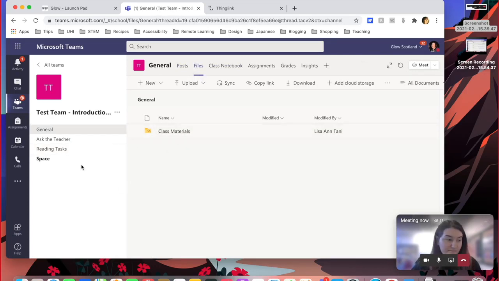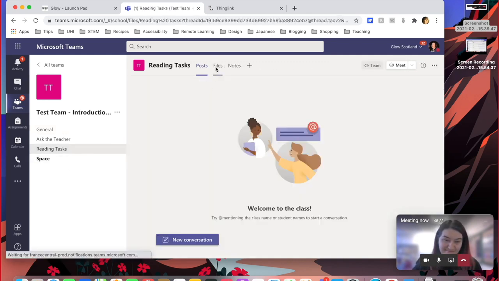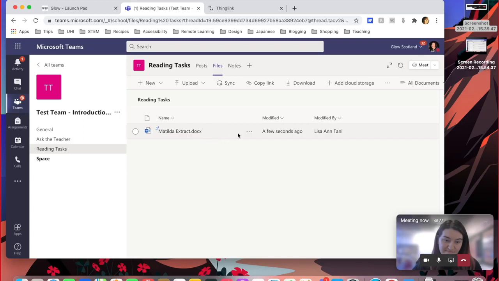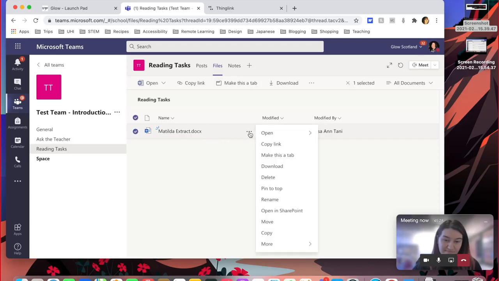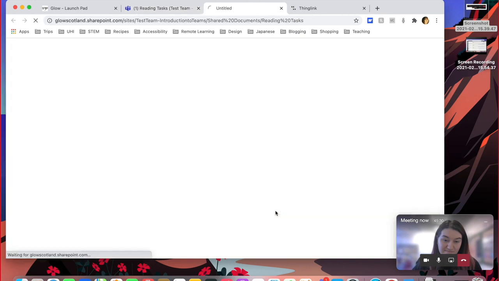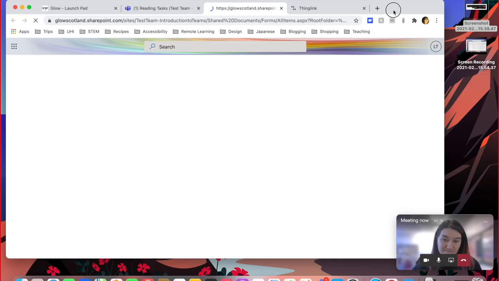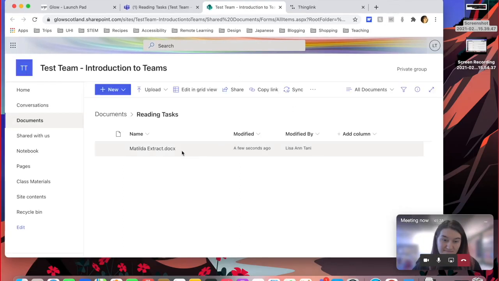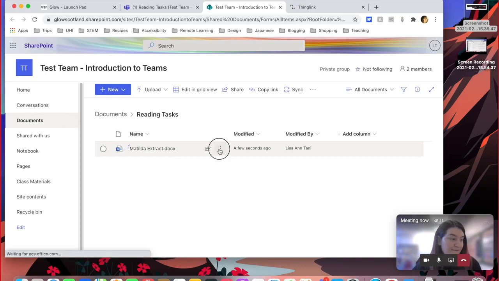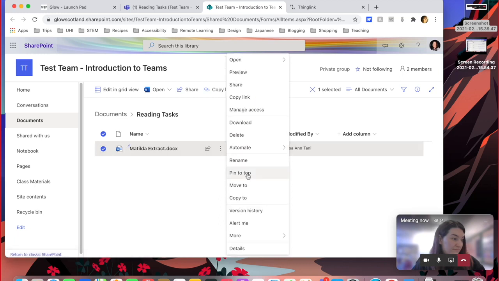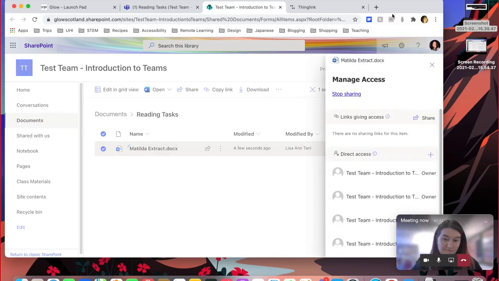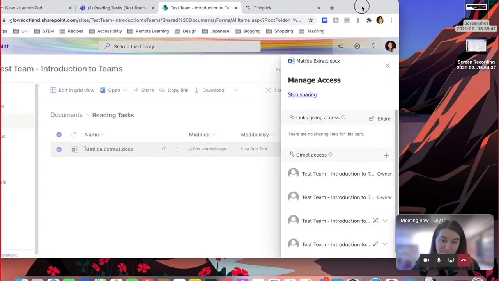Now you will remember, because this is not in the general channel, in the class materials folder, by default pupils will be able to go in and tamper with this, which I don't want. So what I simply do is, if I hover over it, there are the three dots here. If I click on those dots and go to open in SharePoint, and then again on the three dots within SharePoint and go to Manage Access, over there on the right hand side here,